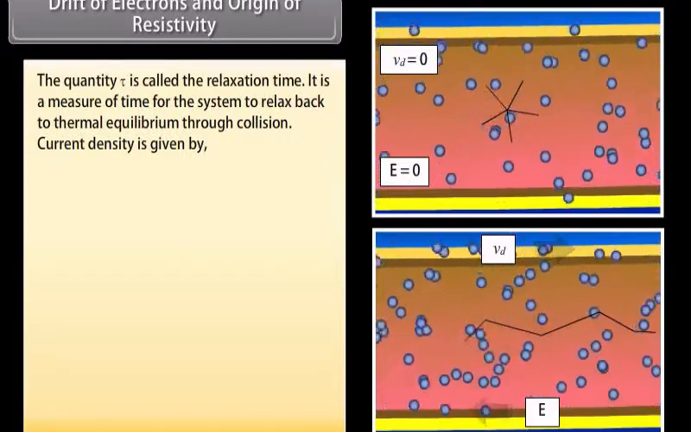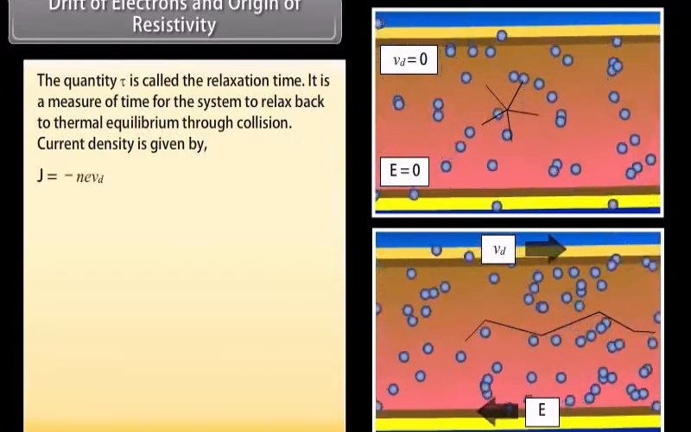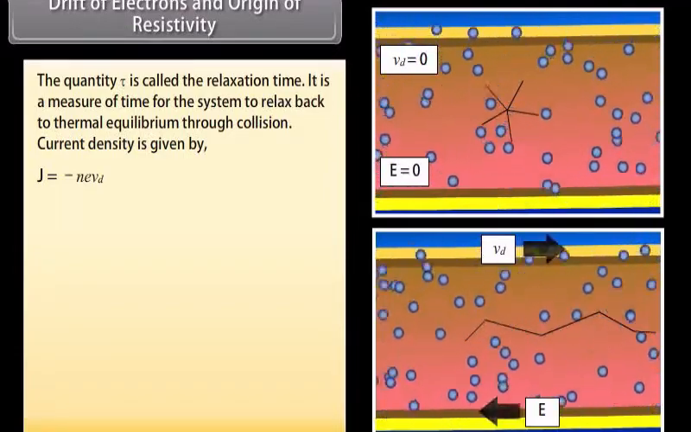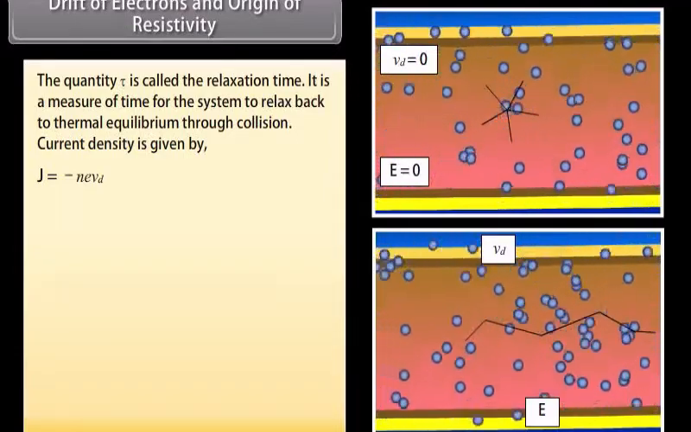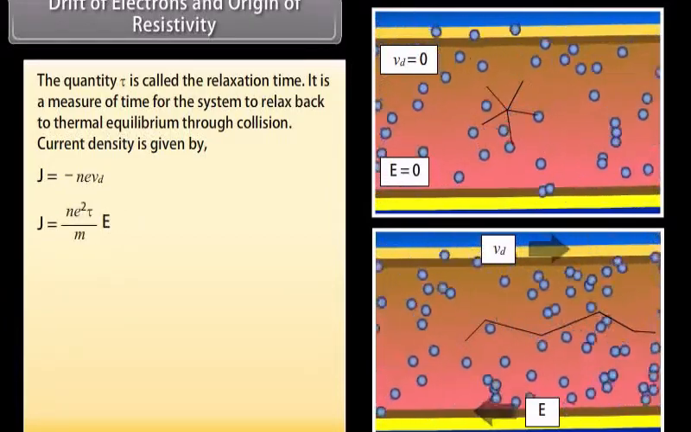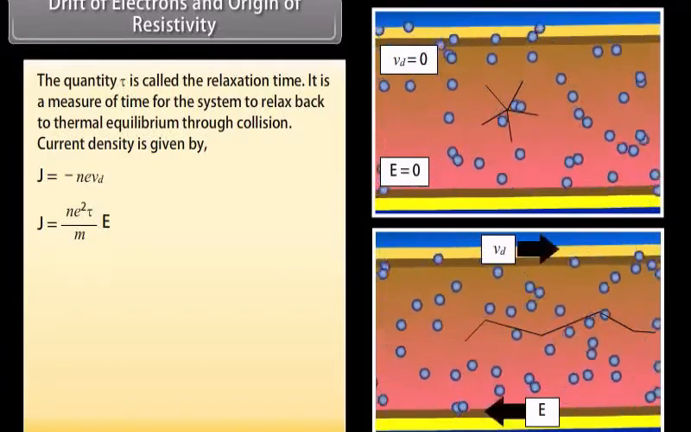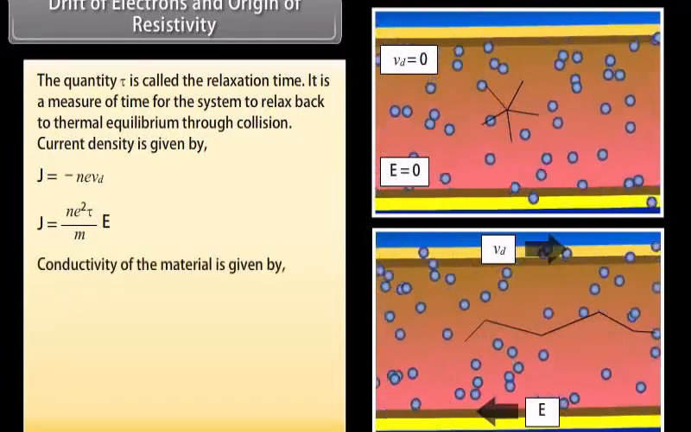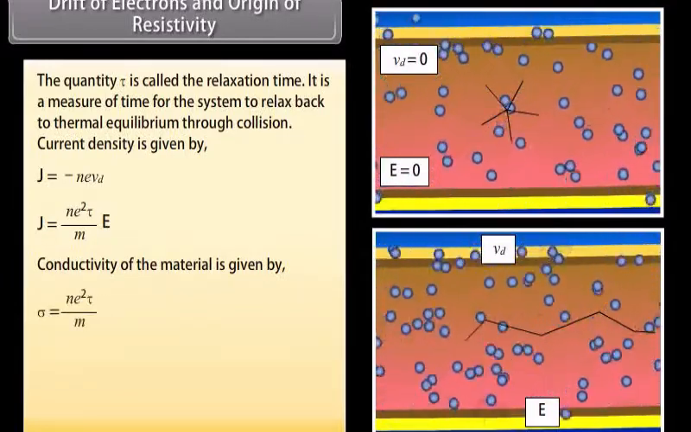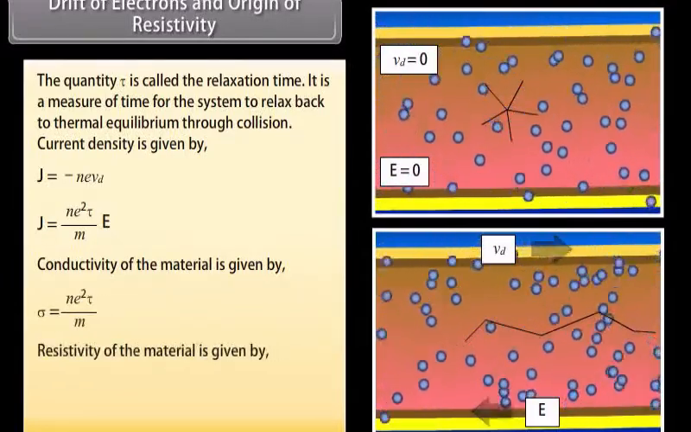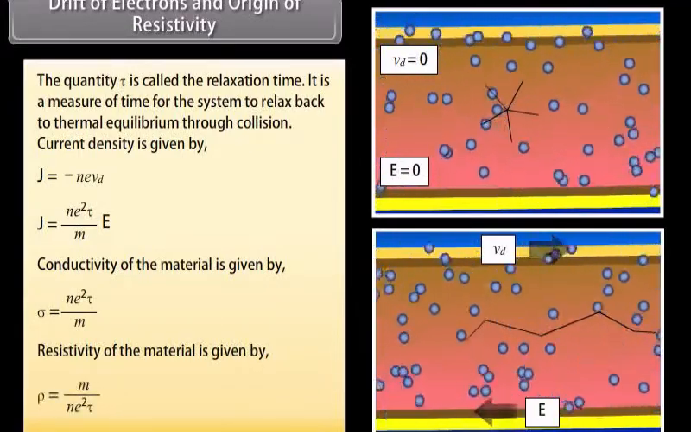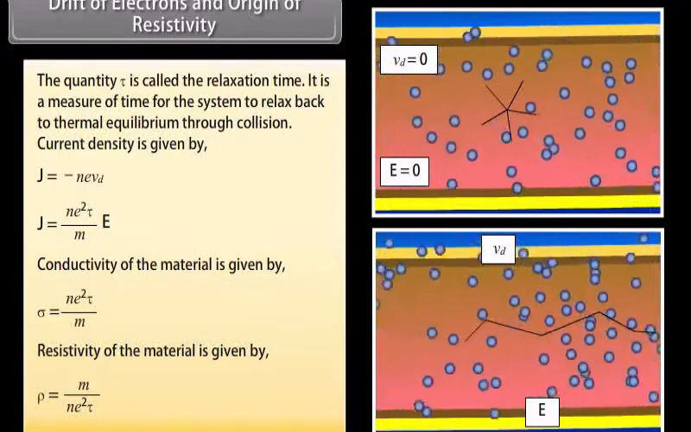Current density is given by J is equal to minus n e Vd. Putting the value of Vd in the above equation, we get J is equal to n e square tau upon m multiplied by E. Hence, conductivity of the material is given by sigma is equal to n e square tau upon m, and resistivity of the material is given by